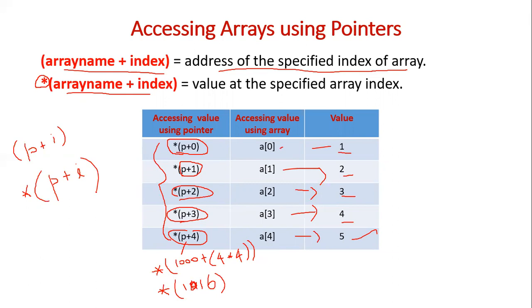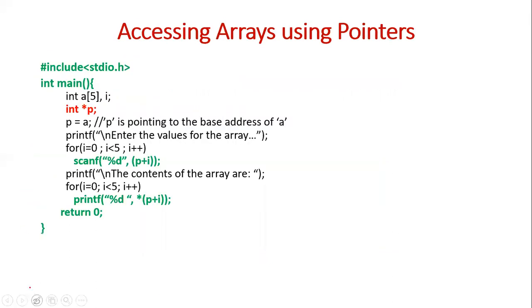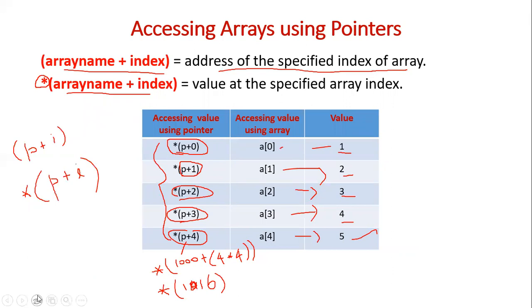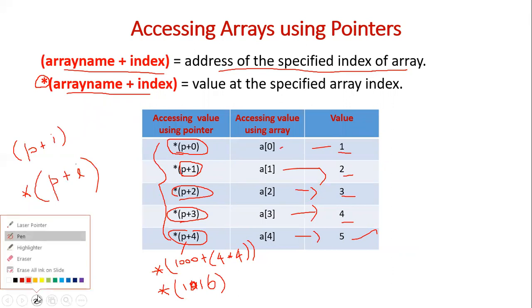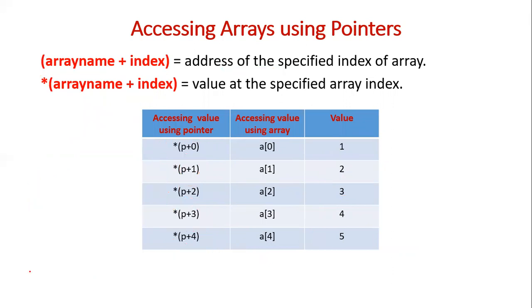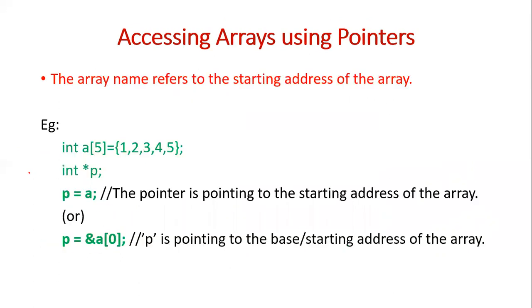Okay, fine. With this knowledge, now let us discuss a program with all this understanding. So to summarize: first, you will have an array, some array int a or whatever it may be, and that will have some content in it. And then you should have a pointer variable, and the pointer should point to the base address or the starting address of the array.